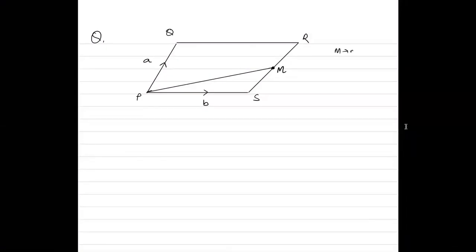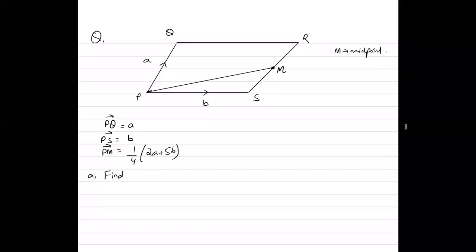Okay, M is a midpoint. You have been given that PQ vector is A, PS vector is B, and PM vector is 1/4 of 2A plus 5B. This is given in the question. Part A says